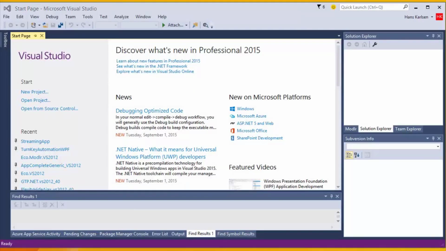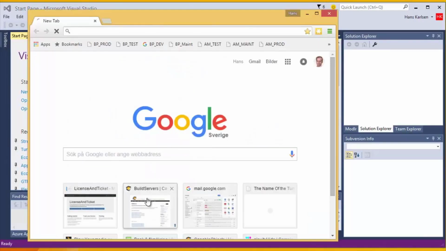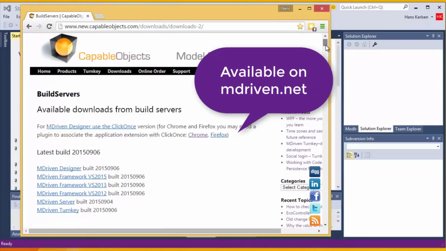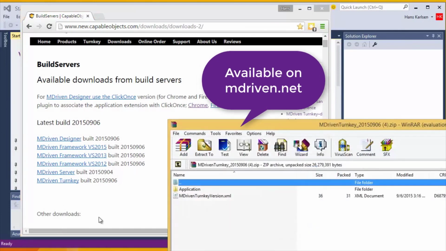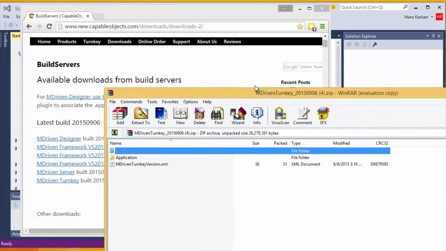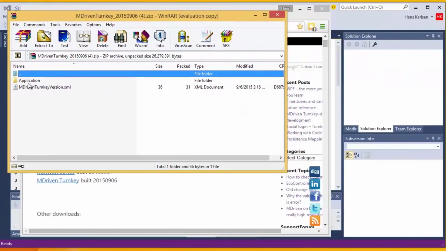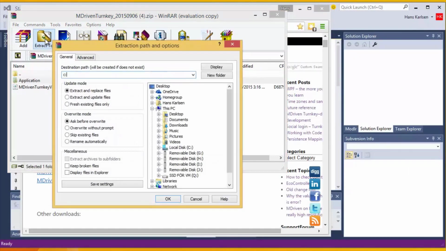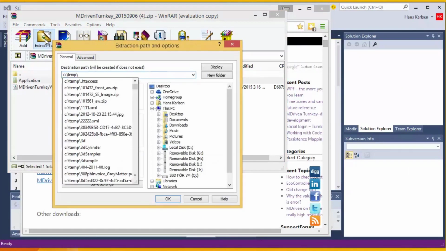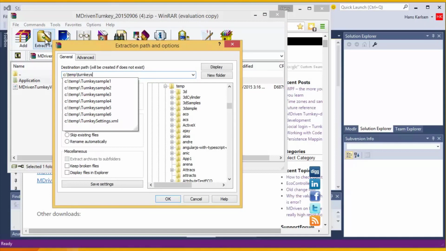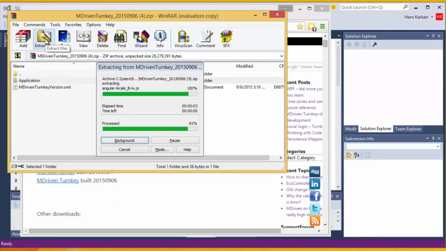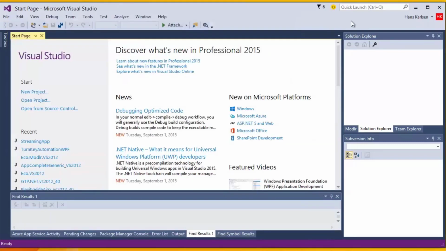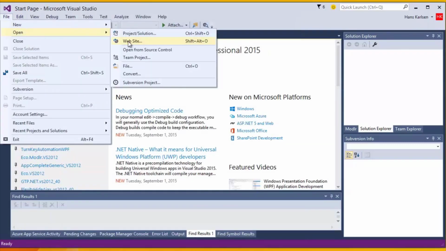Hi and welcome to another session of MDriven Turnkey Visual Studio, and then we download MDriven Turnkey to develop it locally. We get a zip file and we extract that zip file to a directory on a computer, and once we have done that we can open the website